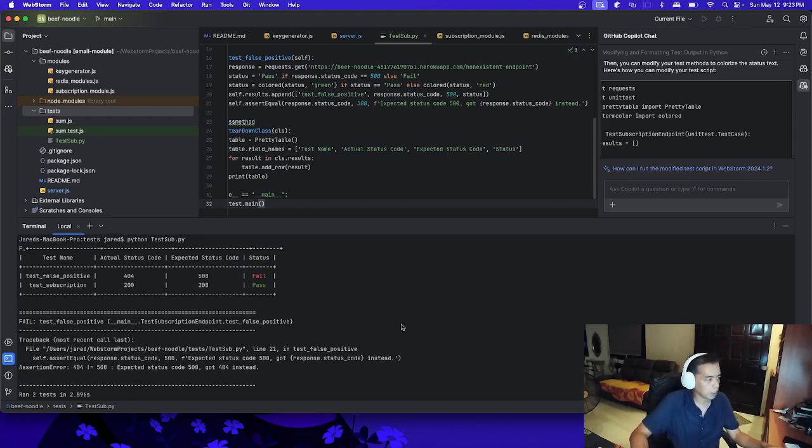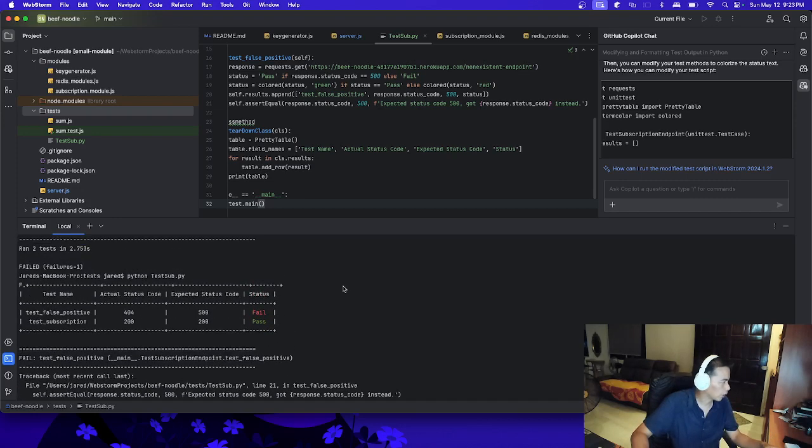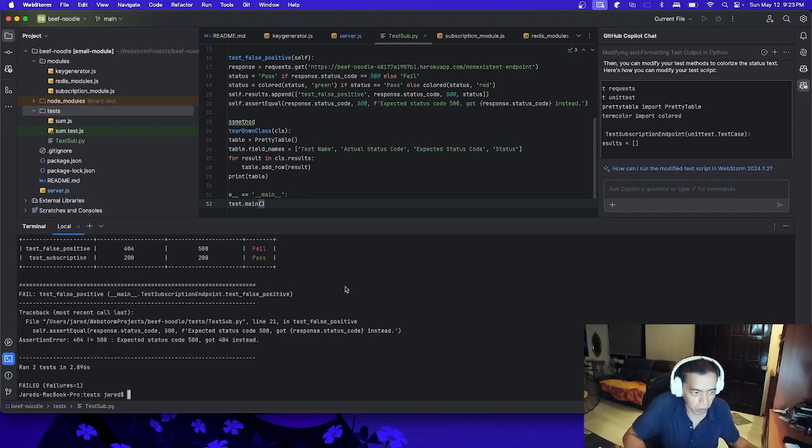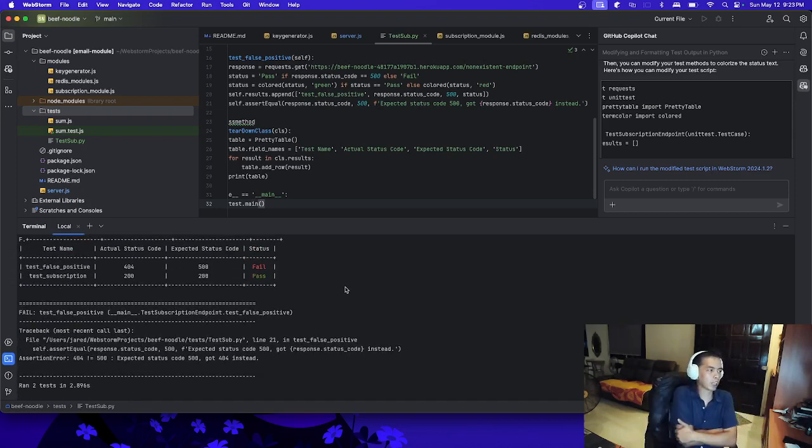All right, so now we got a table that says status fail in red or pass in green. So I think as a basic or intermediate level testing, this is good enough. But if you want to try to save it into a file, in PDF format or in text format, you can do so by, of course, asking GitHub Copilot to add the functionalities into your testing.